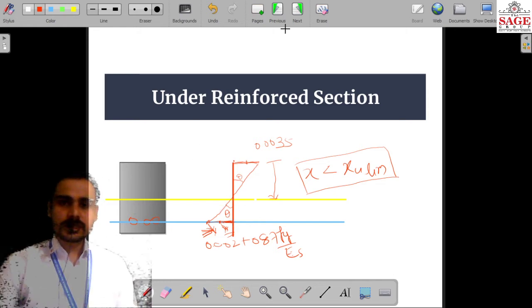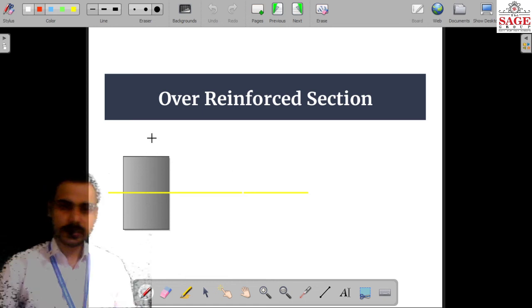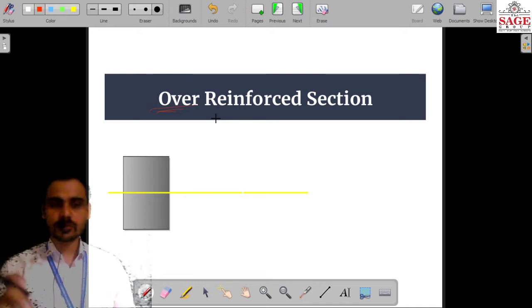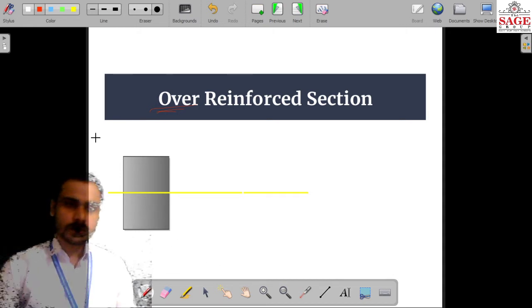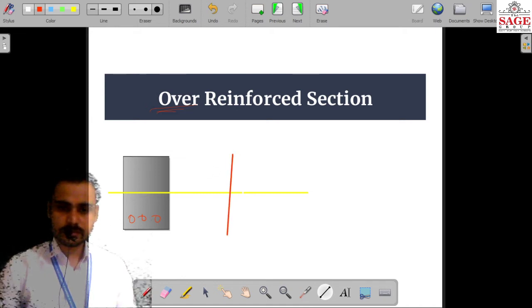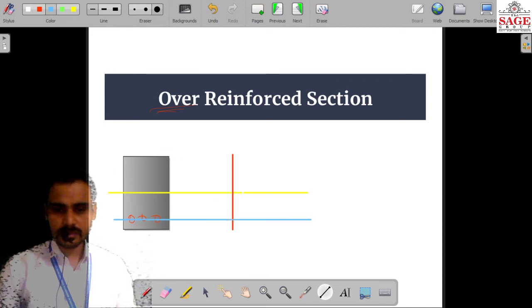And the third one is the over reinforced section. By its name, the amount of steel as compared to the balance section is more here. And if we increase the amount of steel, that means the amount of concrete is reduced. And what will happen by doing that? So here also we have steel in the bottom zone, and if we check the strain profile of that particular section, that is the strain line for steel.